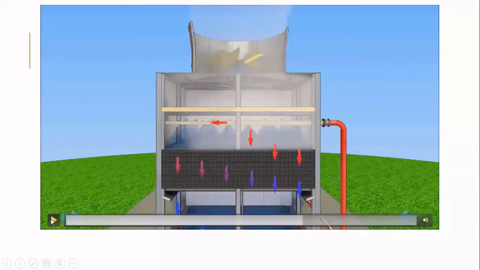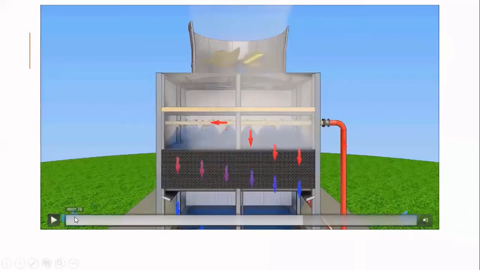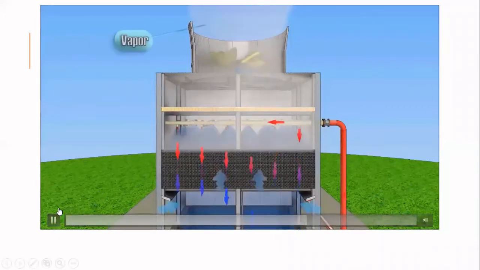So this type of cooling can also be called as evaporative cooling. And the two fluids which are coming in contact with each other, that is water and the air. We have two streams. One is the stream of water and the second is the stream of air. Here both the fluids are in direct contact with each other and heat exchange process is taking place.